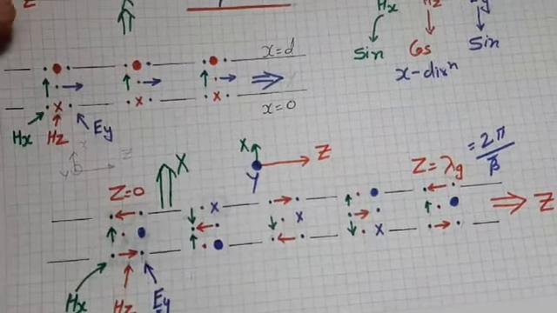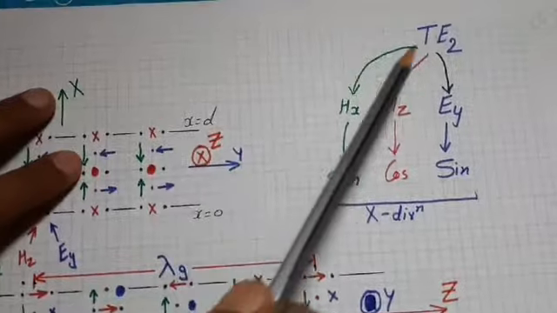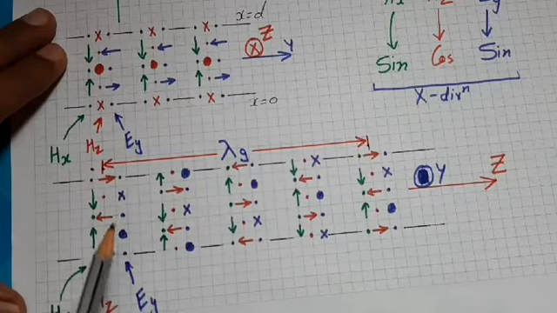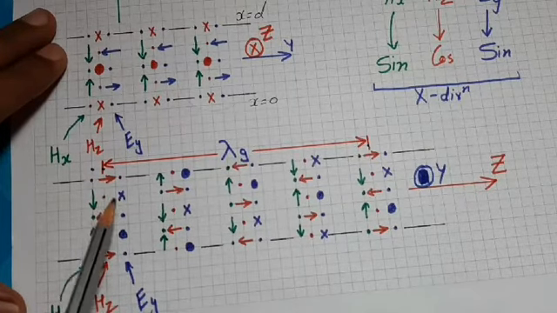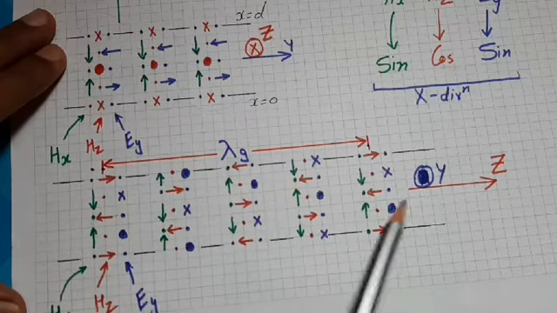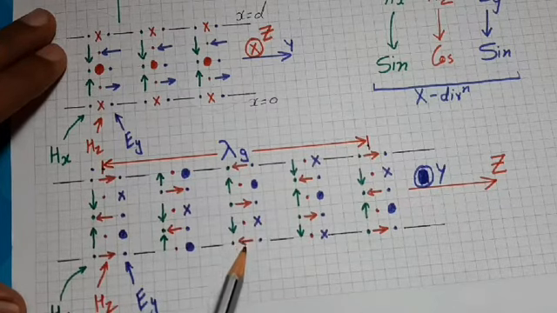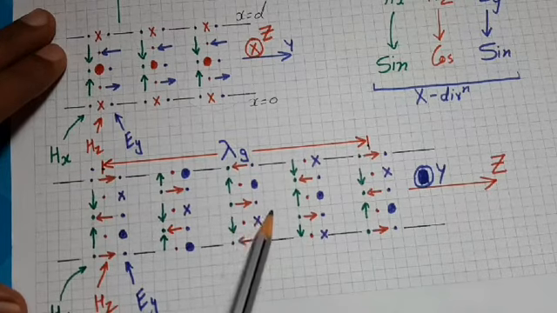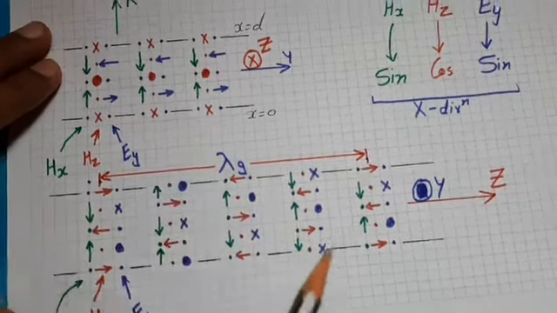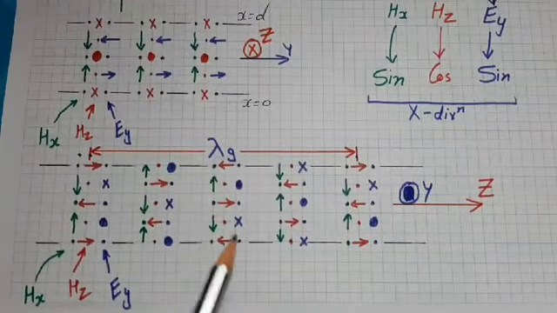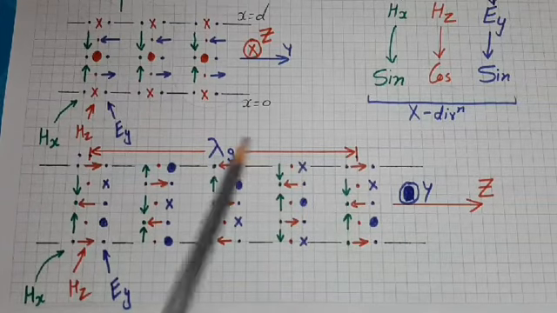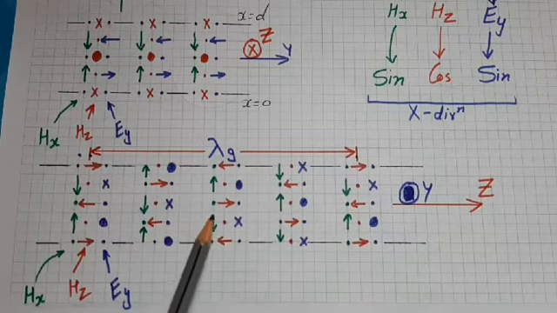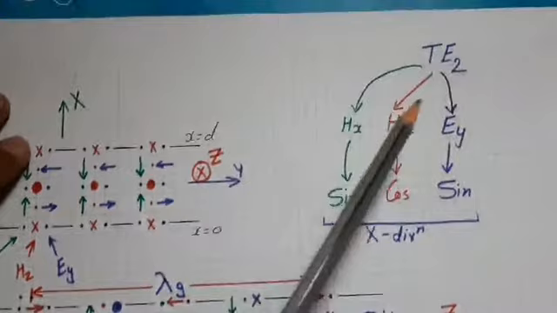Similarly, we can check for TE2 mode. Here 2 zeros or 2 maxima will be present. For hx, 2 maxima are present. For ey, 2 maxima are present. For hz, 2 zeros are present. And this is true everywhere in the waveguide. If we check here, then hx has 2 maxima, hz has 2 zeros and ey again has 2 maxima. So throughout the waveguide, field will have either 2 maxima points or 2 zero points. So if anybody gives us a plot, just counting the number of zeros or number of maxima in between the planes, we can tell what is the value of m.